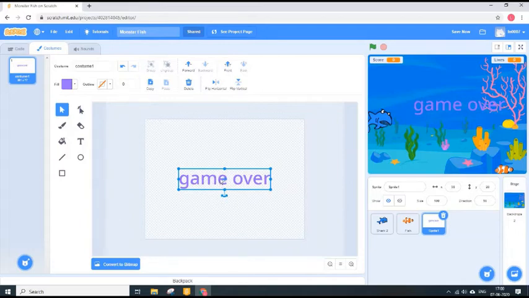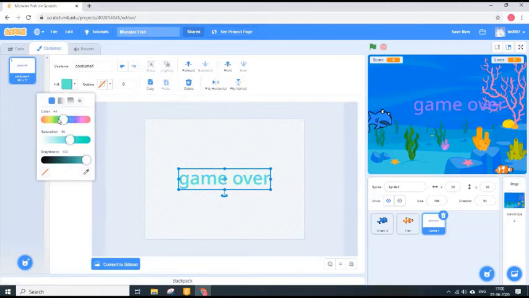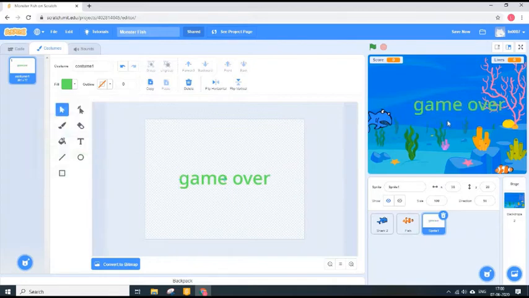And then if you want to change the color of game over, again the select tool has to be selected. Once you have the blue round box on this, go here and change the color. Put a lighter color, because that is what is going to be seen on the screen. See here, purple is not seen. So if I make this green and click outside, it's easily visible on the screen. This is our game over sprite. This is how you create your own sprite.